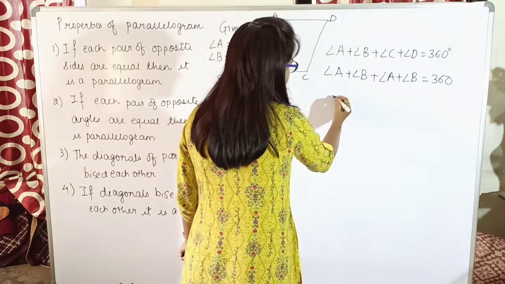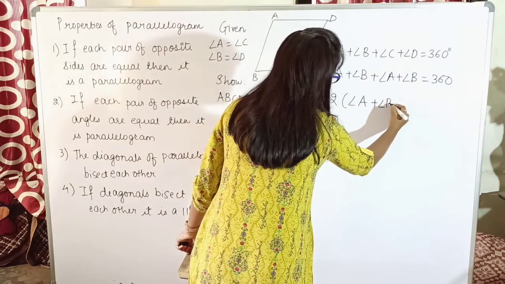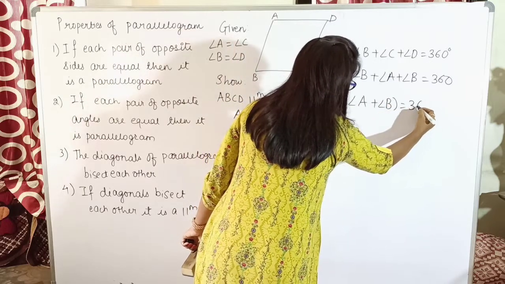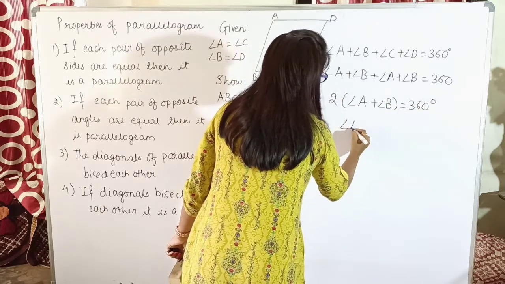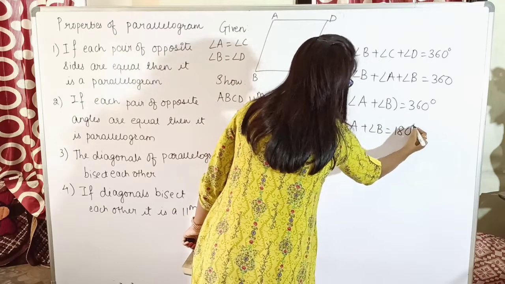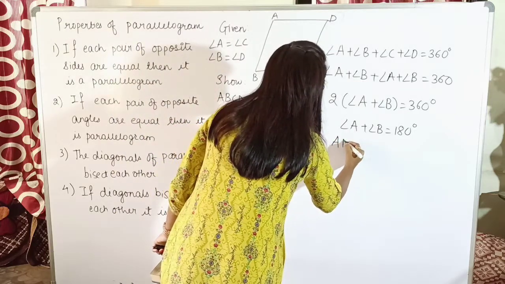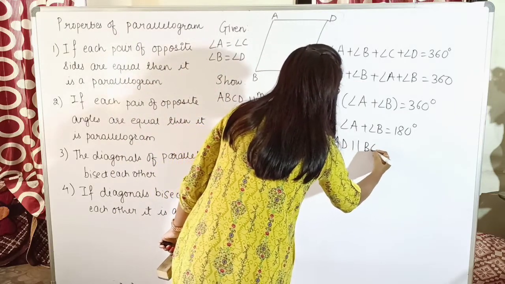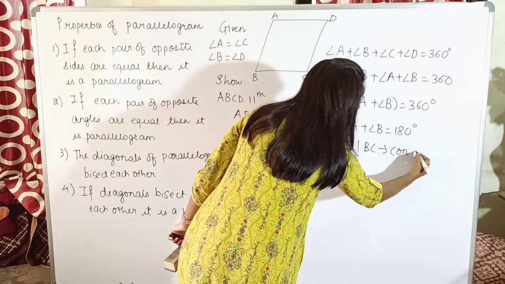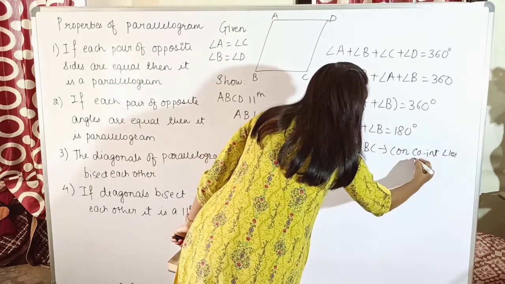So what if I take 2 common? It will be angle A plus angle B, which gives me 360. Dividing it by 2 gives me A plus B equal to 180. And if the sum of angle A and angle B is 180, I can say AD is parallel to BC by converse of co-interior angles theorem,